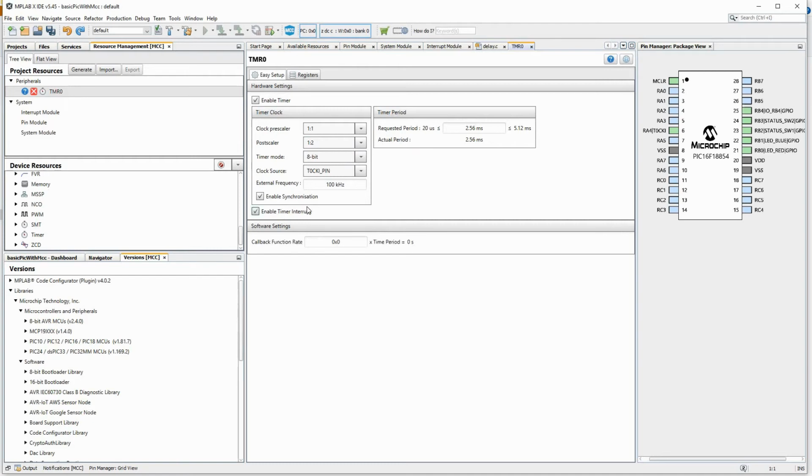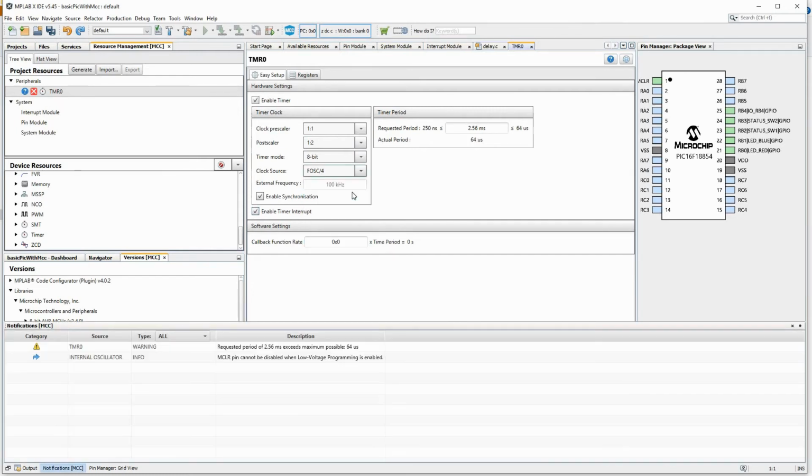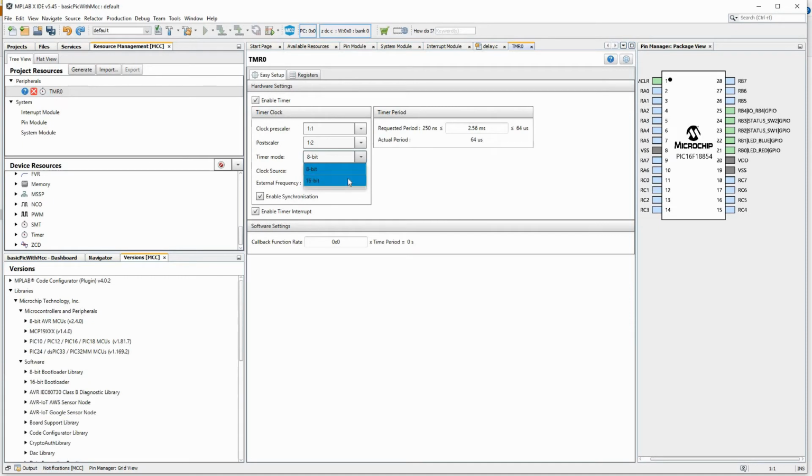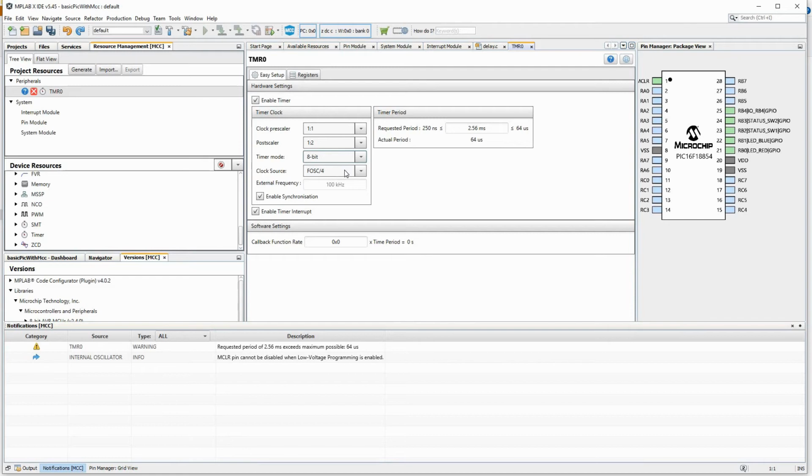Let's also enable the timer interrupt. Clock source is Fosc divided by 4. Timer mode has both 8-bit and 16-bit mode. In 16-bit mode you will get much higher time and better resolution also. So let's go for 8-bit itself.